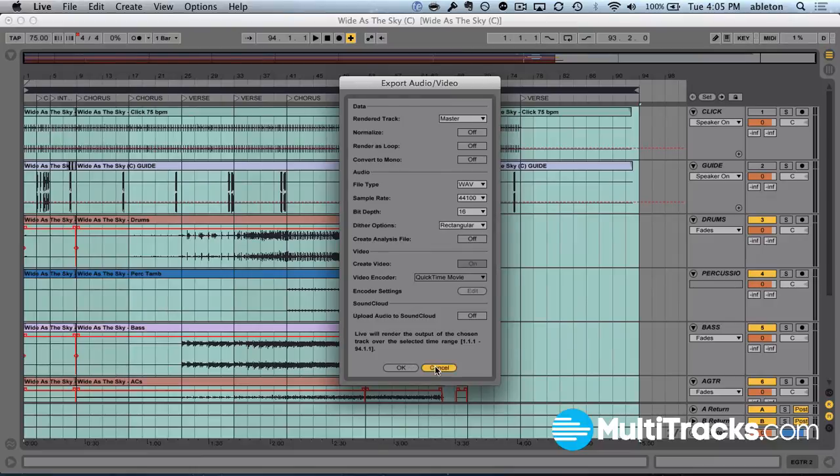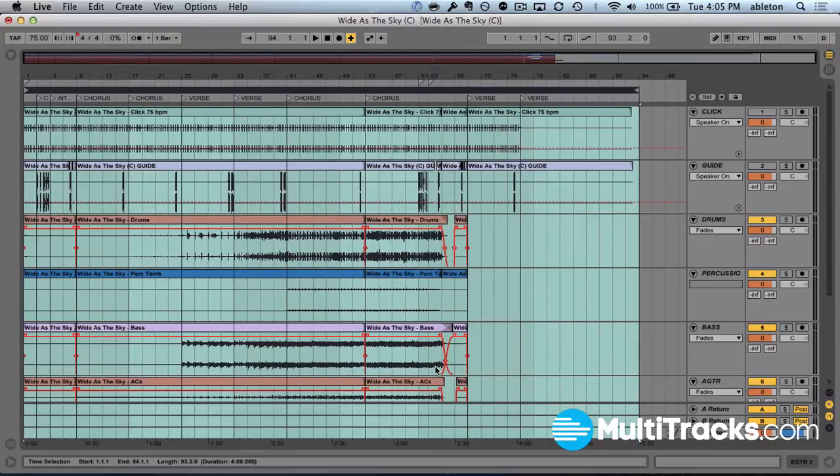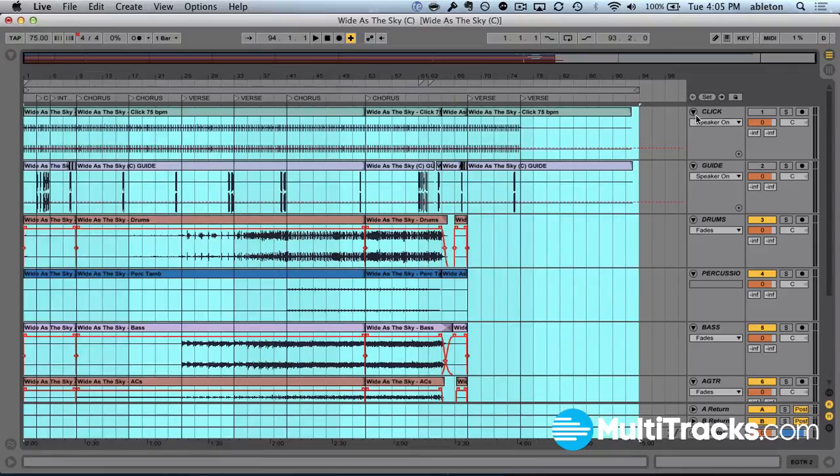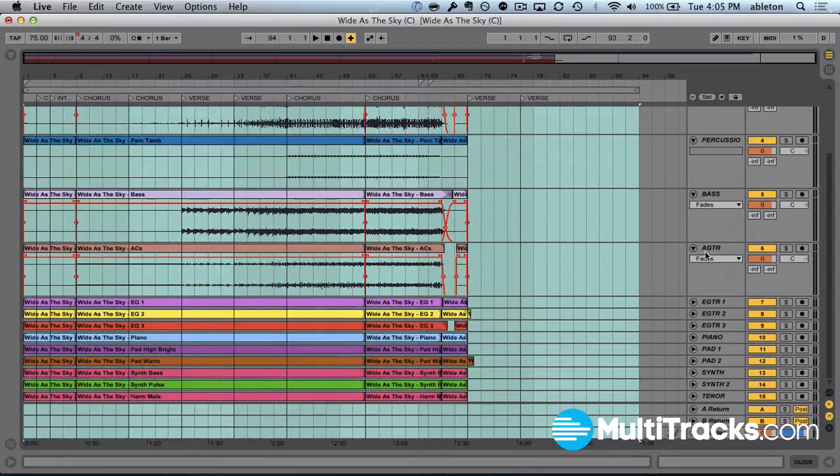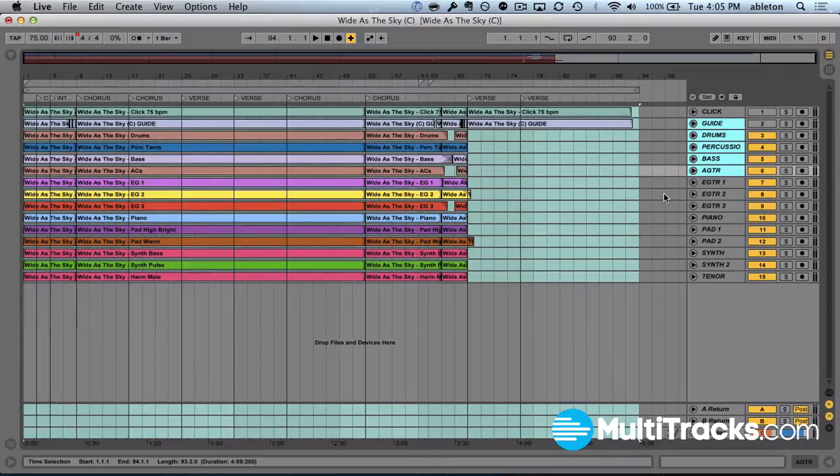section and hit OK. And what that's going to do is render out this new arrangement that I could send to my band so that they can learn the arrangement and make sure they know all the parts. But this is a great way to show you how with a few simple commands like our time commands, cut time, copy time, paste time, delete time, and duplicate time, how we can make an arrangement completely our own